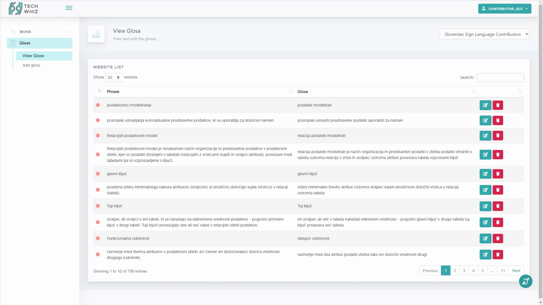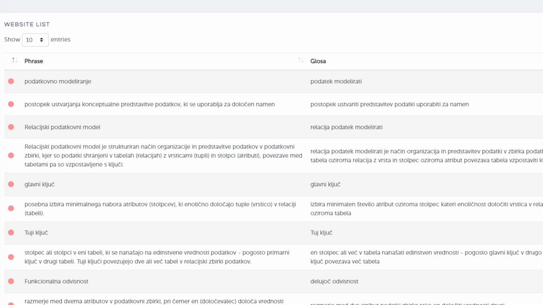Even though you might not understand Slovene, you can see the purpose of the Glass. The GlassLoader provides mapping from a word or a set of words in a written language, words in the left column, to a corresponding sign or a set of signs in a sign language, words in the right column. For example, we put into the GlassLoader a phrase in Slovene, and to it we would associate one or more signs from the Slovene Sign Language that would convey that same meaning. Signs from the sign language would be denoted by the names under which they were configured in TechWiz Studio.